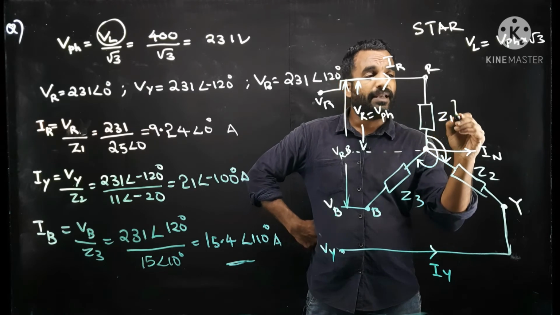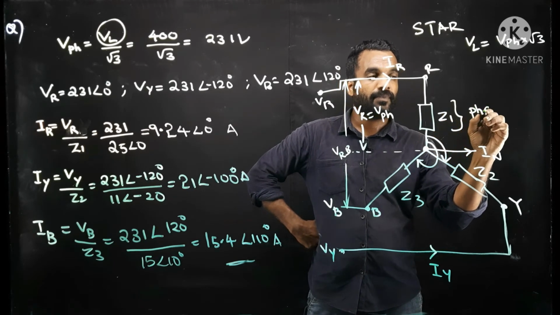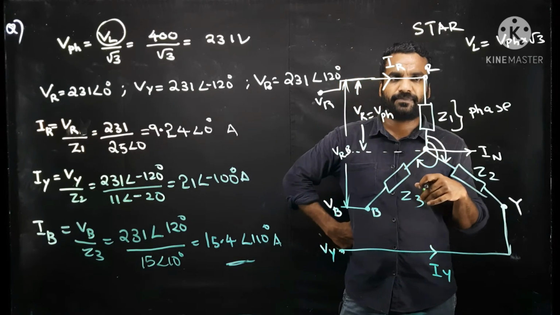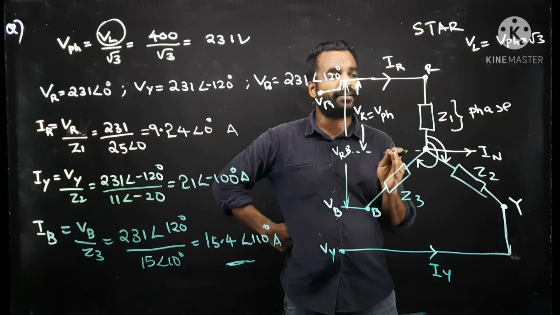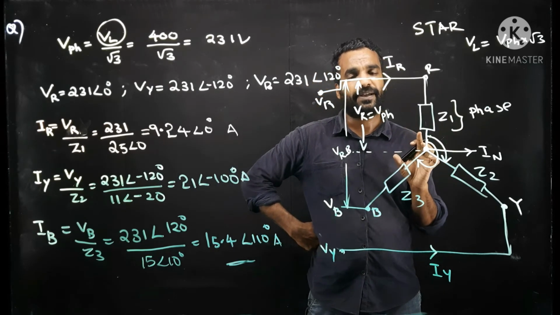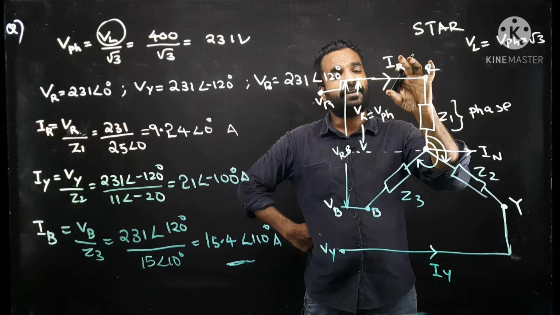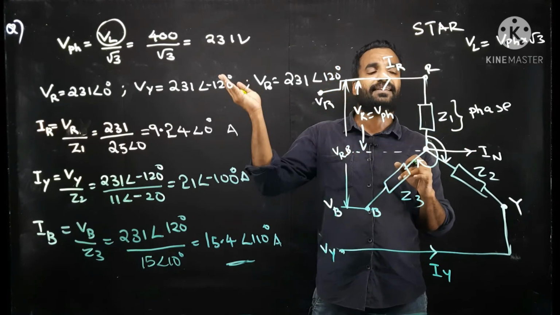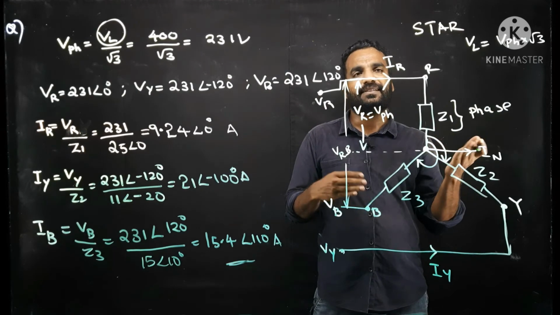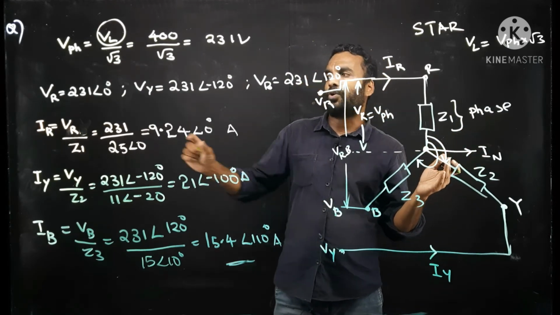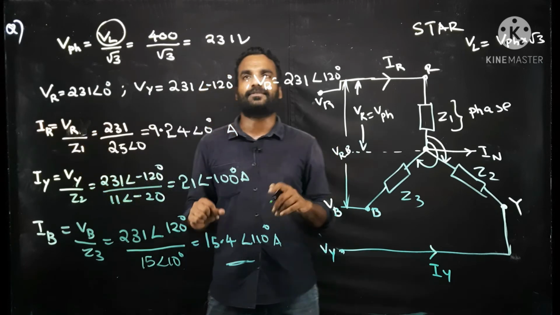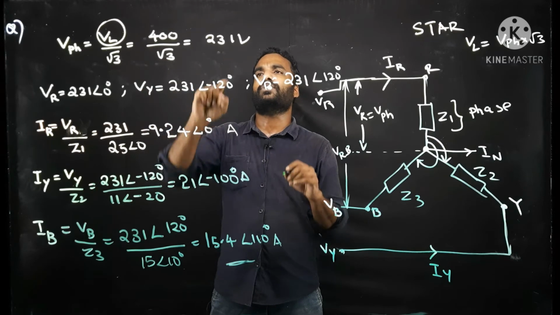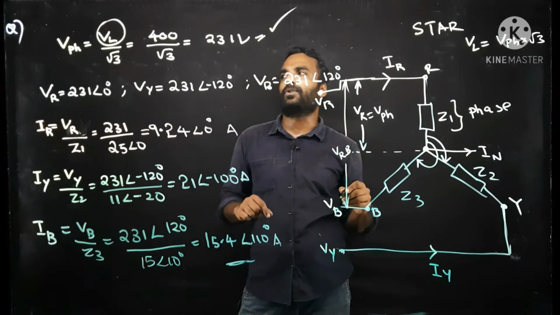And one more point, impedance is given per phase. Where is this impedance connected? Here, that is connected in a phase. So, always make sure that impedances are per phase, and for calculating current, phase voltage divided by impedance per phase should be used. If voltage is in line and impedance is in phase, then the equation is meaningless. So, always make all the quantities into phase. For that we divide 400 by root 3, then it is 231 volt. This is the phase voltage, V phase.